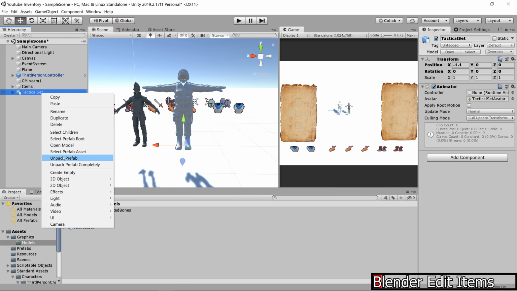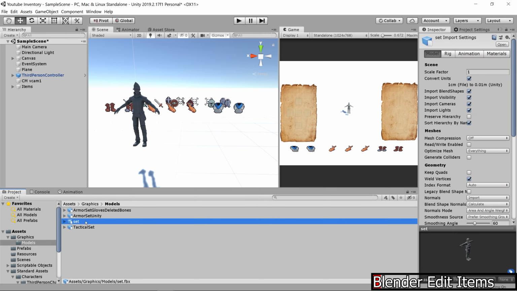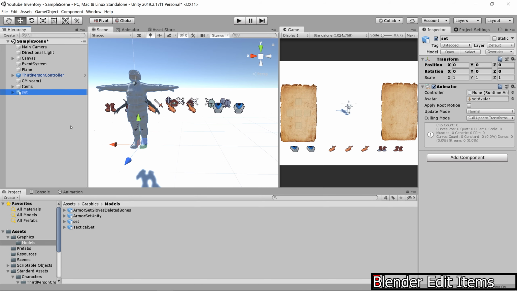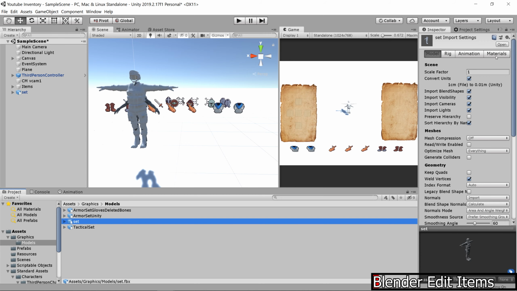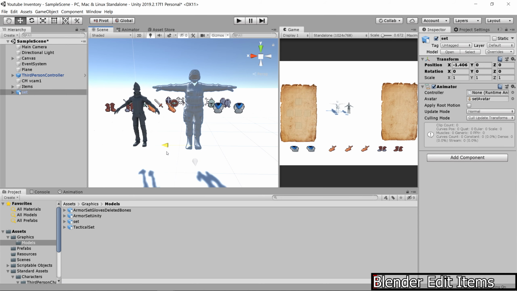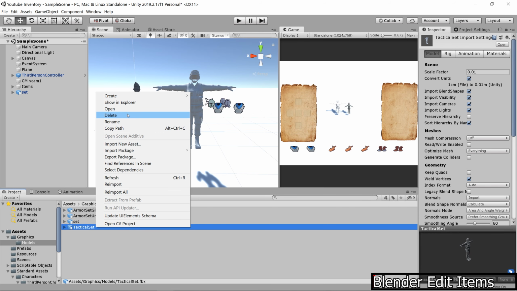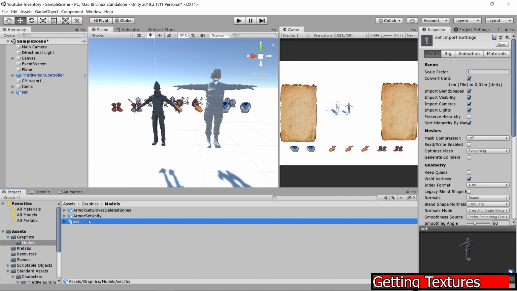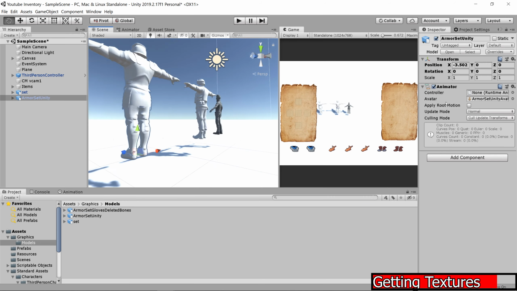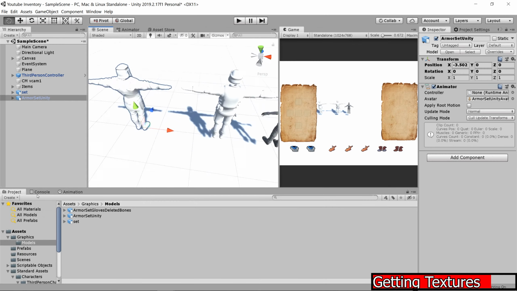I'm just going to delete this because I already have a tactical set that I downloaded before that is working without the scale being messed up. You can see my scale factor's on 1, so I wasn't just talking shit earlier. I actually was able to do it. For some reason I couldn't now. I'm deleting it and using the old one. So now that we went through the programmer hell of dealing with 3D models and we have our 3D models into our program,